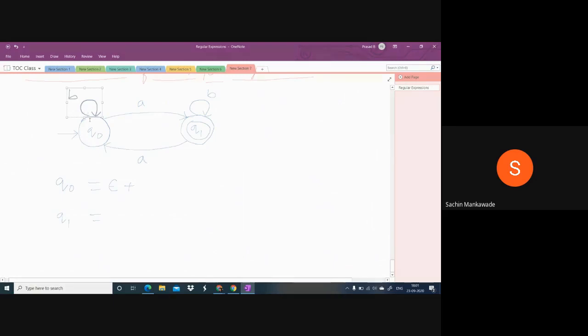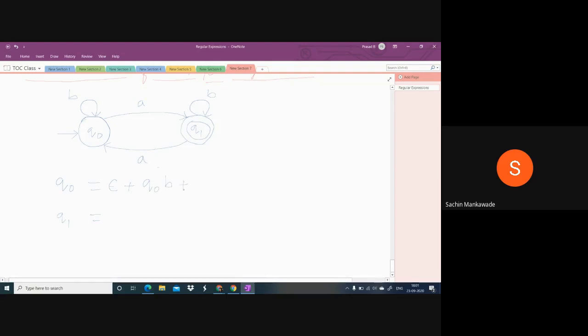From which state is this edge coming? Very good. This edge is coming from Q0. On which label? On what label is it coming to Q0? On input B. So for this we write Q0 equal to epsilon plus, first is the state, then input